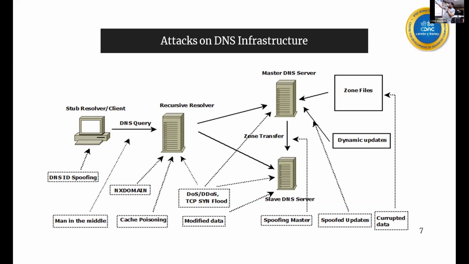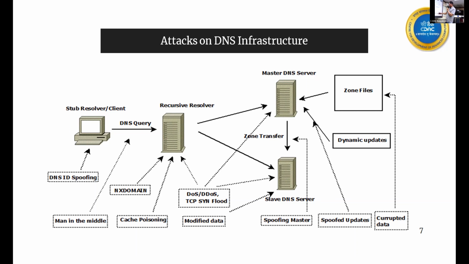And if you talk about this master and slave DNS servers, you know what is master, what is slave. So we are having redundancy, in case one of the server fails, second server will actually serve the people. So in that case, we have master and slave. So slave will have the copy of the master, right? Now, there can be an attack on say master. Some people will spoof as a slave and download the zone data, or you can say database of the DNS servers, right? So that kind of attack is there.